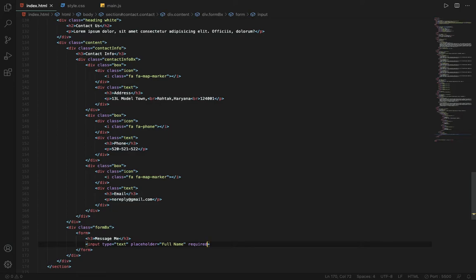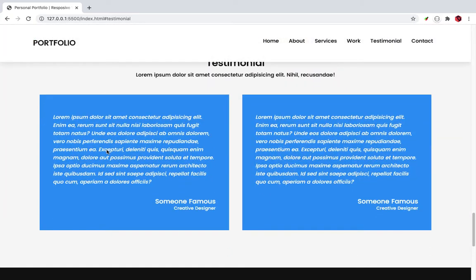Then I will again make an input field. So I will make a duplicate of this. I will change the type to email. And after this I will make a text area, and I will delete everything inside, all the attributes, and only add one attribute, and the attribute is placeholder and it will say your message. After this I will make an input type of submit with value of send, and let me reload this and go to the last,